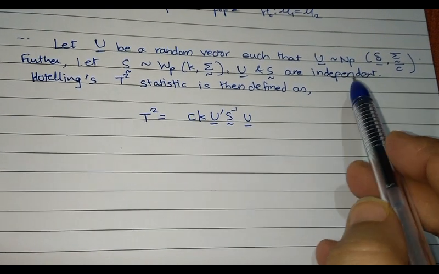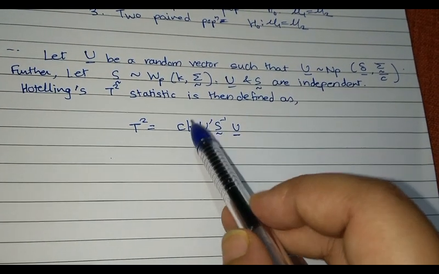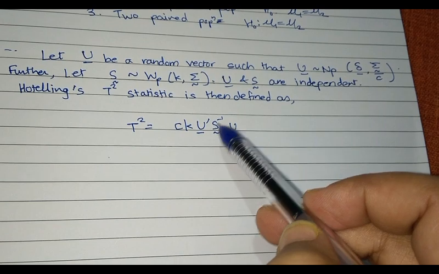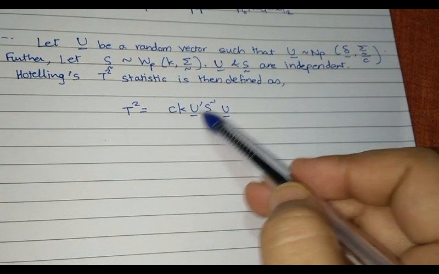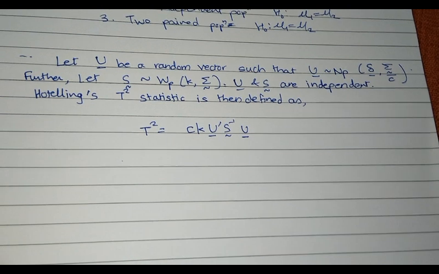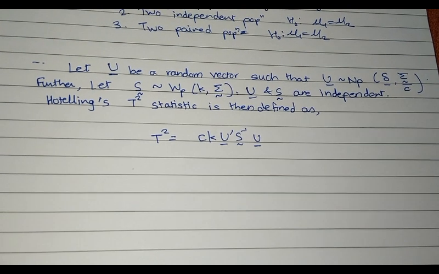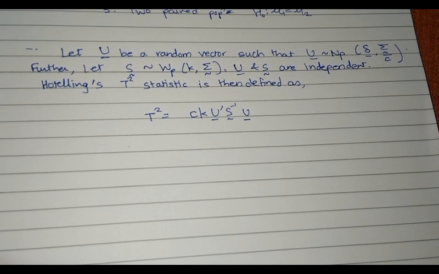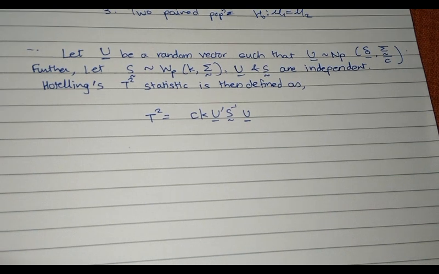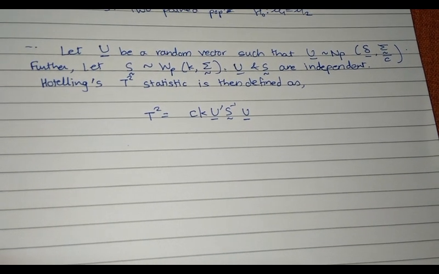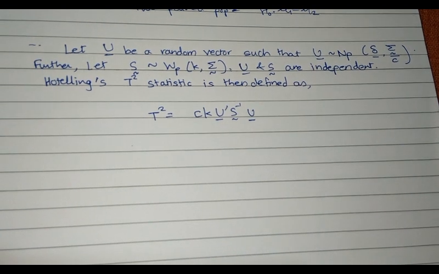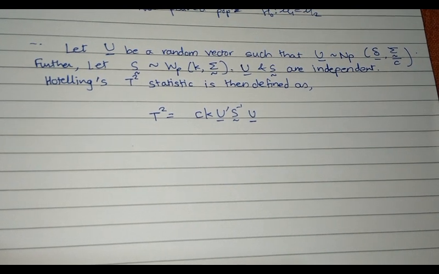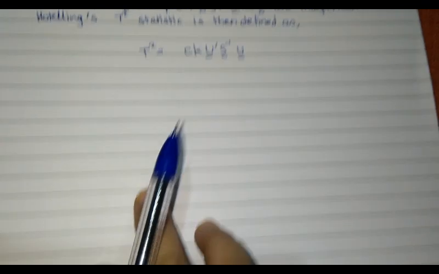What are these things? So c is coming from this sigma by c, k is coming from the degrees of freedom of this Wishart matrix, U is p-variate normal, and U prime S inverse U is like a quadratic form. Of course, just knowing the statistic is not enough. We need to know its null distribution. Null distribution is the distribution of this test statistic under H naught. That is, when you assume that H naught is true, what would be the distribution of this test statistic? Because on the basis of that, we decide the cutoff for rejection, the rejection region.